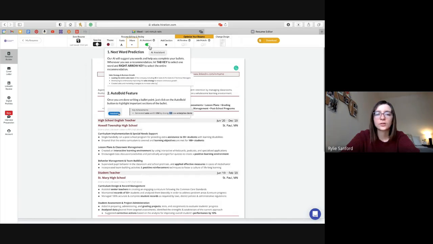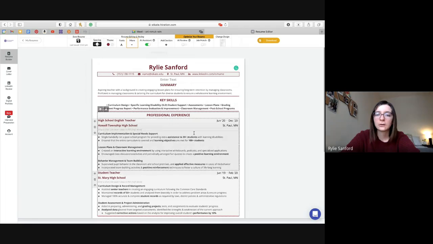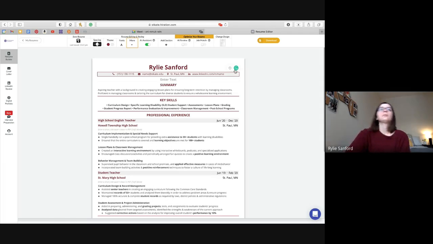It also has the auto bold feature, which bolds any words that are important and that it thinks should stand out in your resume. Like you can see down here, it bolds the assistance to 30 plus students, 100 students, learning objectives, important wording that a lot of people who are looking at resumes think is important.